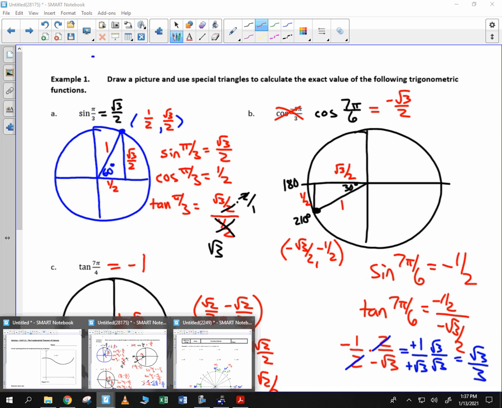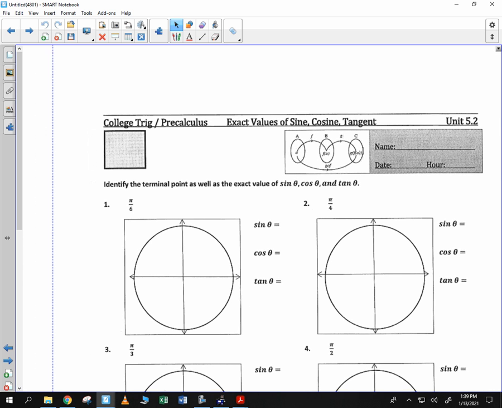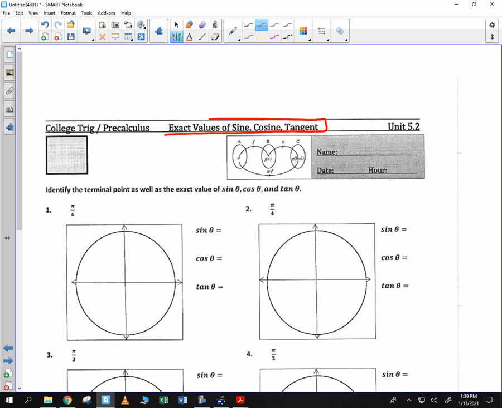Now, I'm going to bring up your worksheet. I apologize that some of your assignments got a little bit out of order. So you're currently looking at exact values of sine and cosine in section 5.2. Don't do the trigonometric one. Okay, we focus on this one. And notice that in this situation, we start off with identifying the terminal point, and then using that to identify